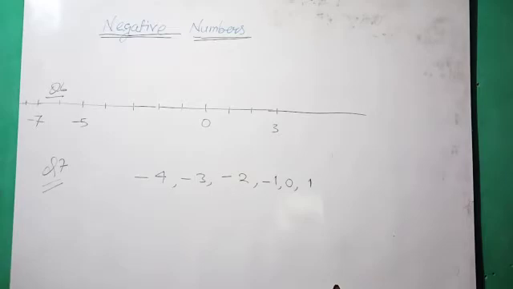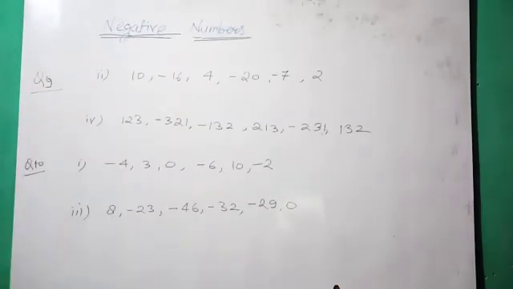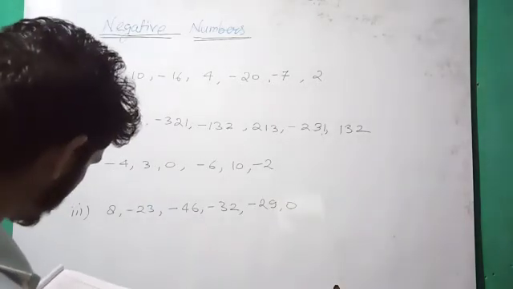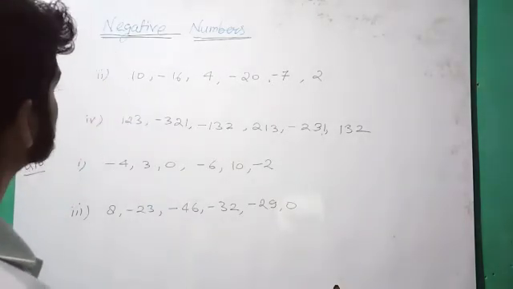Next, the second part, third part and fourth part are your homework. Eighth question, very simple question. You have to do this question in your rough copy. Ninth, arrangement. Again, arrangement is very simple. In question number 9 and 10, you have to arrange in ascending and descending order. Okay, either increasing or decreasing order. Question number 9, ascending order.